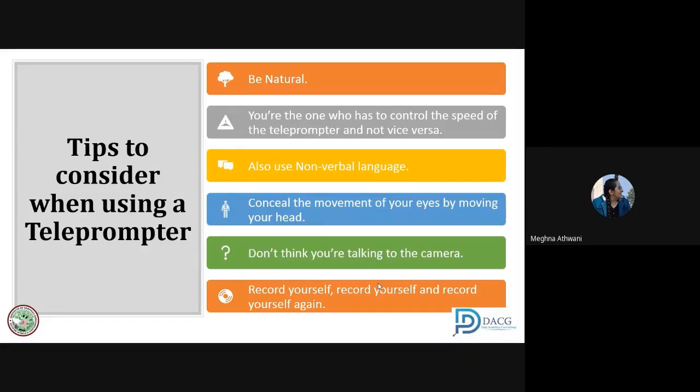You can practice in front of the mirror, you can practice in front of a webcam, in front of your phone, in front of your laptop. Just see, it will not come in a single take. If you think that you will write a script and record it straight away, then you are very naive to actually think that. It will not happen. You have to act natural. You have to record yourself again and again and again and come to see your mistakes.